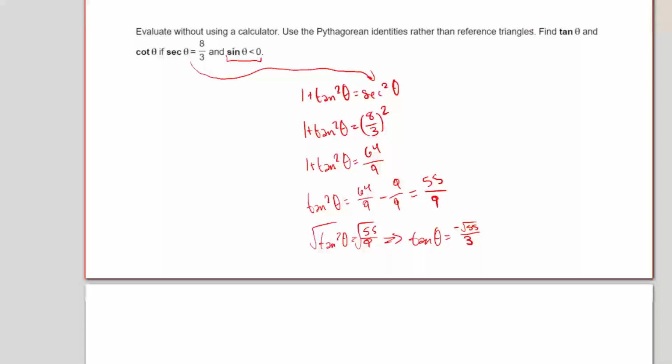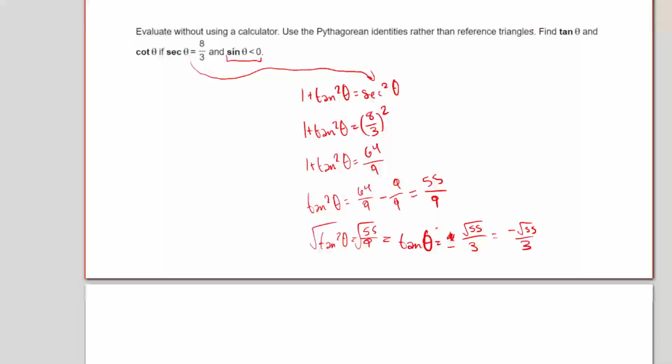So, actually, I should just show that method because it might be a bit more helpful. So we'll get that tangent of theta is equal to plus or minus the square root of 55 on the top, and then the square root of 9 on the bottom, which will be 3. But since tangent is negative, again, we just take the negative version, and we'll get negative square root of 55 over 3. Alright? So now that we know that, remember that,